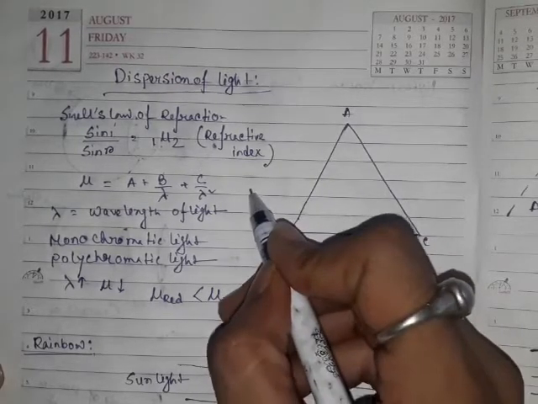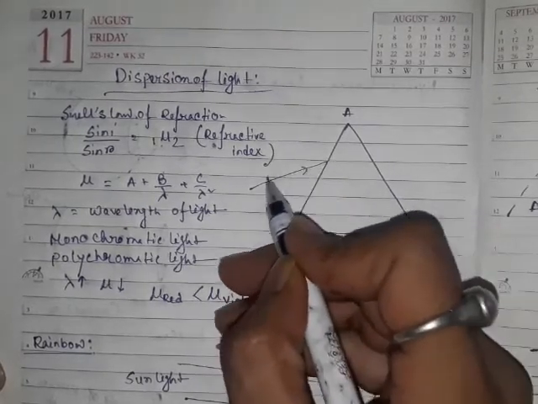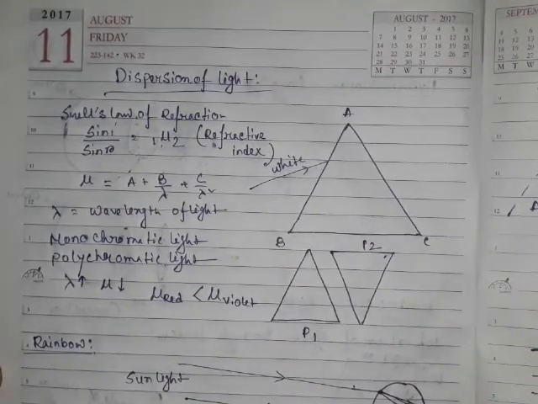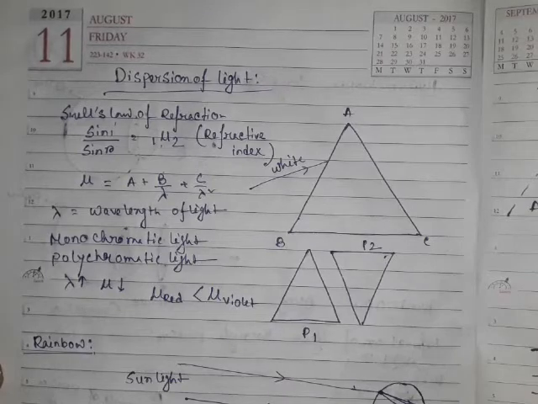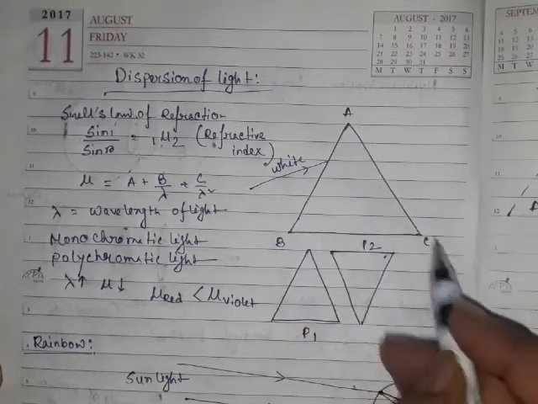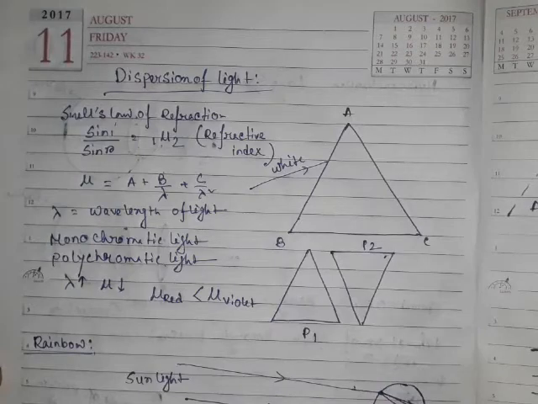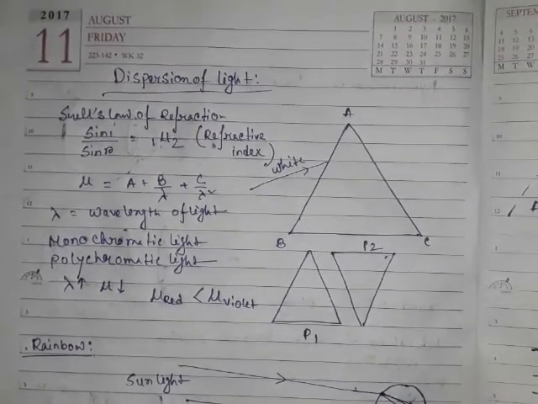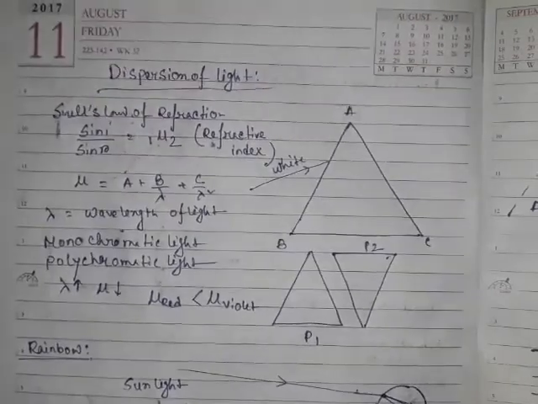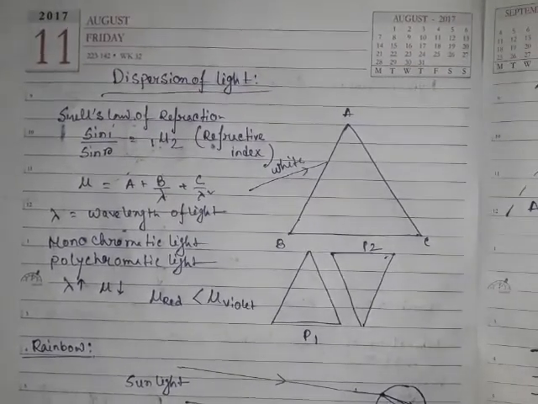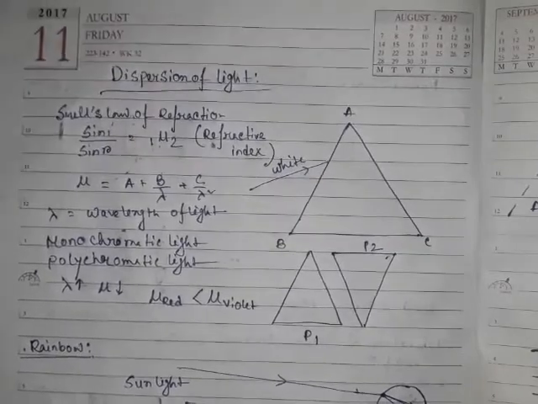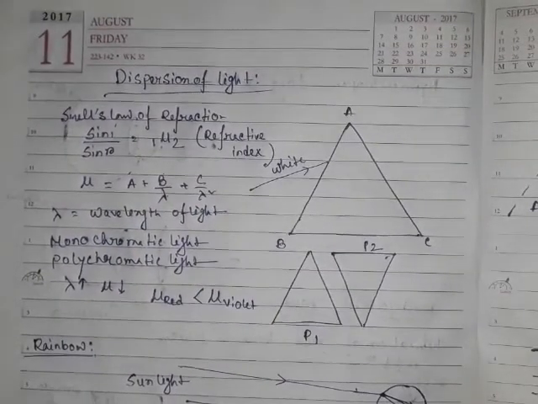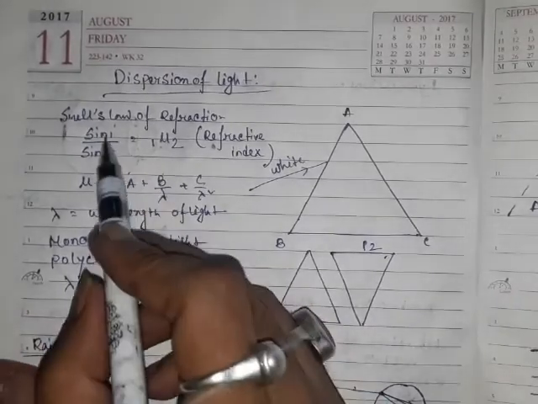So when polychromatic light is incident, like white light, there are 7 colors within it. The 7 colors individually see different amounts of refractive index of the same medium. Okay, so white light has already 7 colors. Violet color is seeing this medium with some amount of refractive index. Red light is seeing the same medium with a different refractive index. So as a whole,